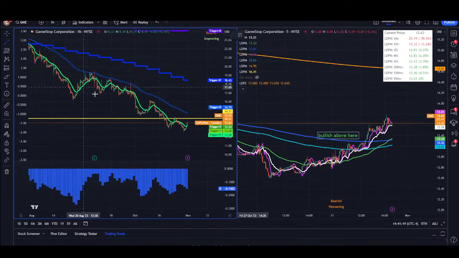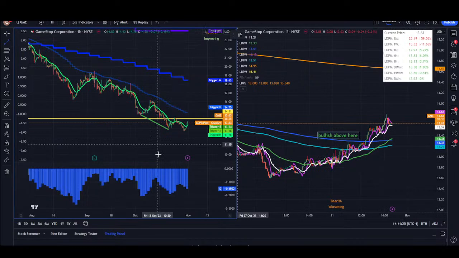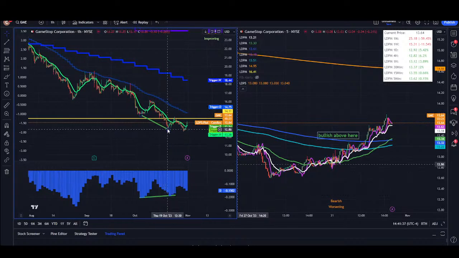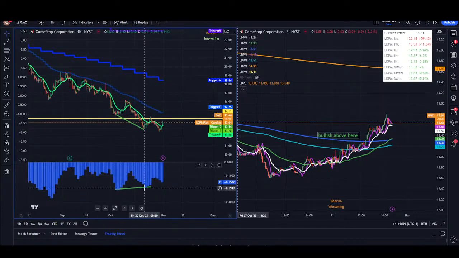What's the main difference? The biggest deal is that when price moved down from 1460-ish to 1290-ish, you can see that daily velocity did not make a new low. And that's the first indication that price is starting to bottom. Not that it's bottoming immediately, but that the sell program is beginning to lose steam. Now, if this move was indeed bearish, then we would have seen daily velocity make a new low, just like it did on each of these moves. From the fact that daily velocity did not make a new low, that's the first sign that, okay, the sell program is starting to run out, and